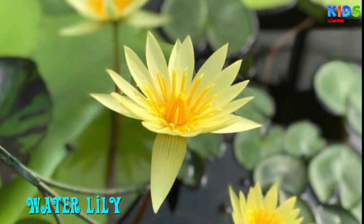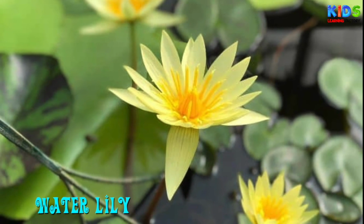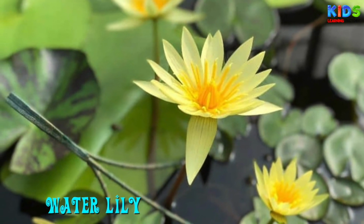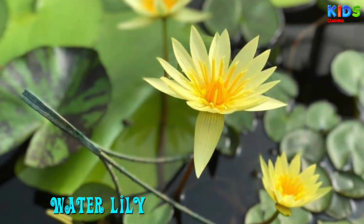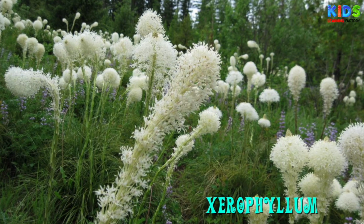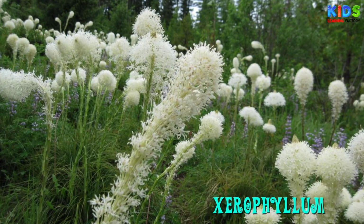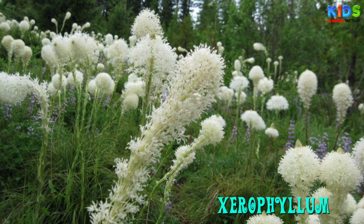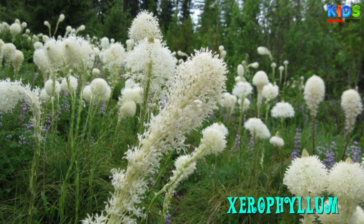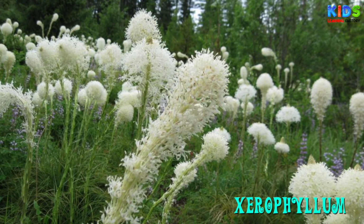Water lily. Water lilies are perennials, and the flowers appear as solitary cup-like blossoms floating among green waxy leaves. They produce a berry or nut-like fruit. Xerophyllum. Xerophyllum is a member of the lily family and can be grown from rhizomes or seed. Other names include Indian basket grass and bear grass, which come from natives using the leaf fibers for making baskets and